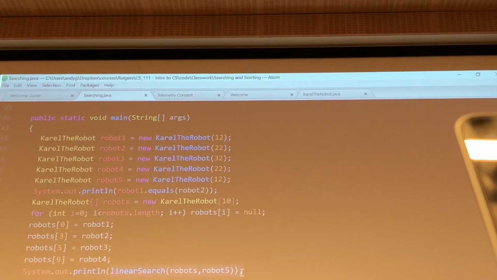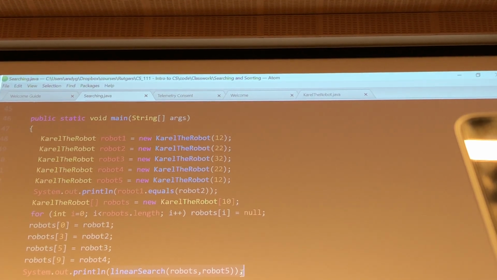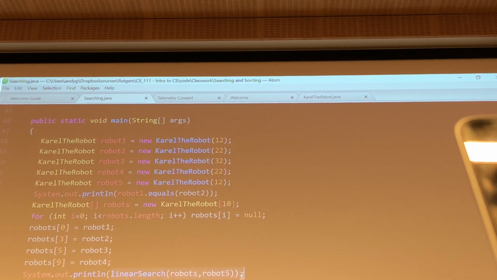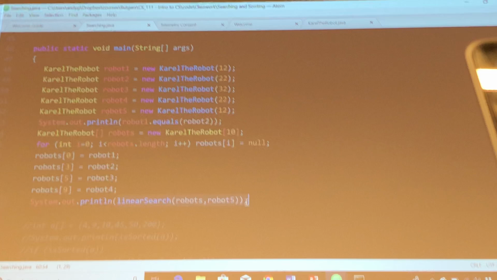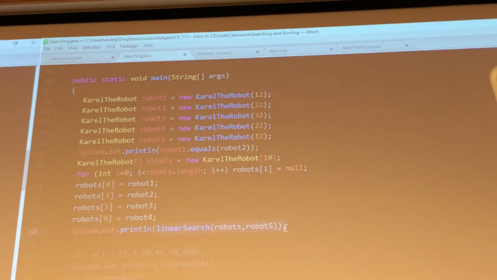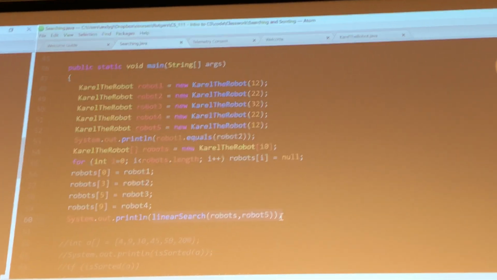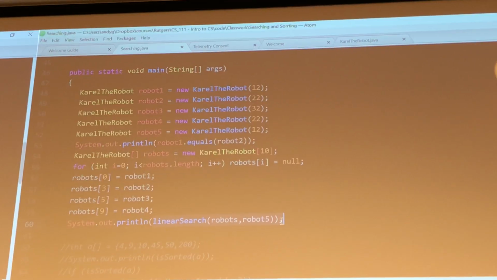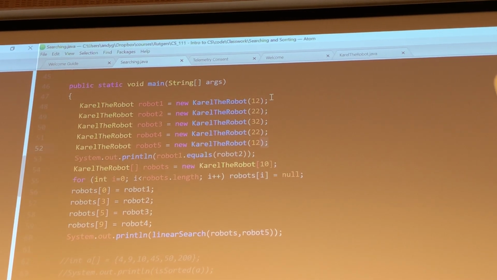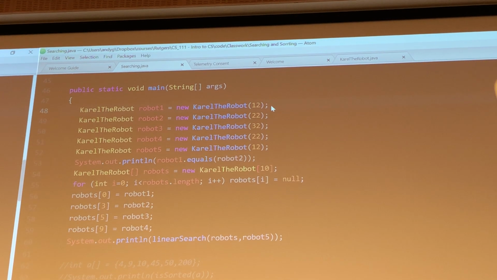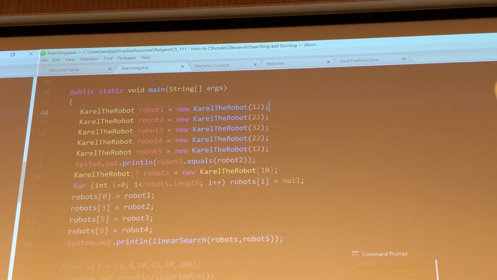Now what's the answer to this? Is it true or false? Well, according to this, robot 5 is not in the array, right? I only put 4 robots in the array. So robot 5 should not be in the array. Right? Okay, so let me do that. All right, so notice that now the robot 5 has the same ID as the robot 1. Okay, so if I run the code now,